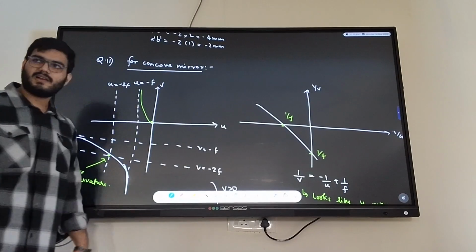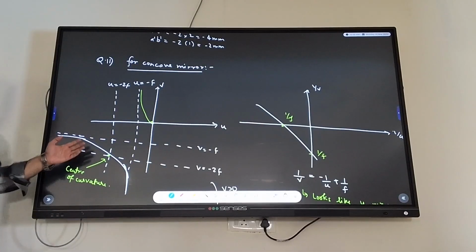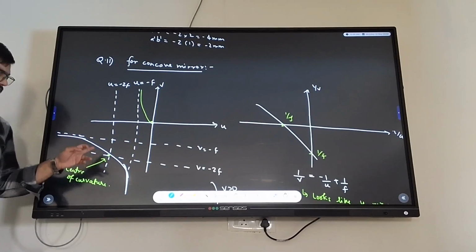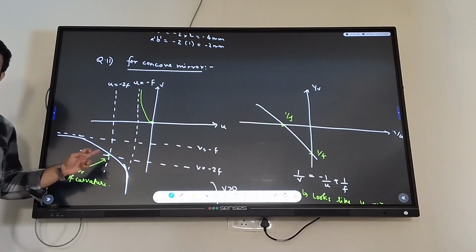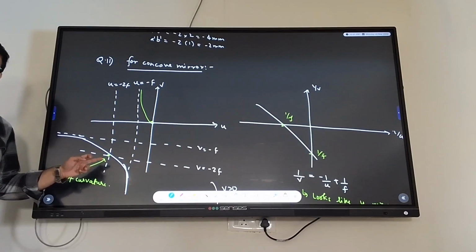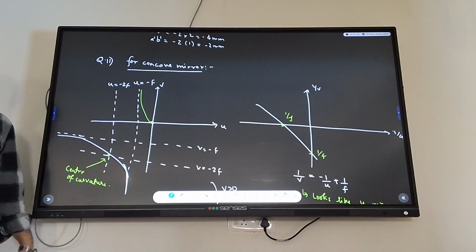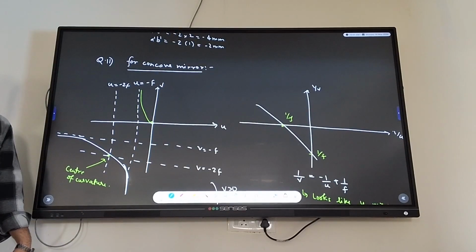By the way, let me also ask you this. If you don't want to imagine, is there any way to mathematically find this? What kind of graph is this called, by the way? It's called rectangular hyperbola. Do you know the equation of rectangular hyperbola? No, sir. y equal to constant by x, or xy equal to constant.